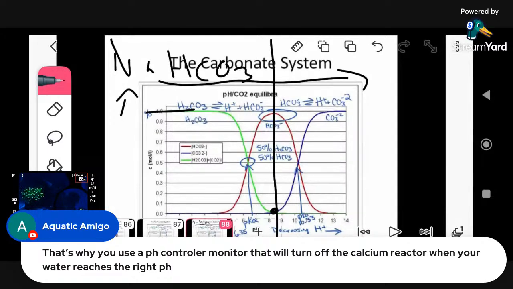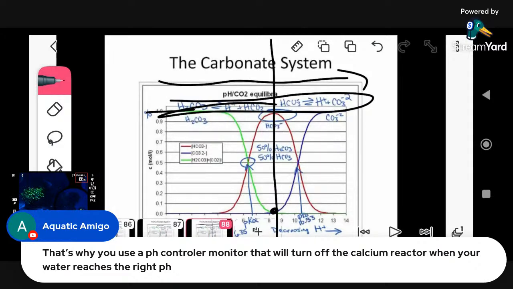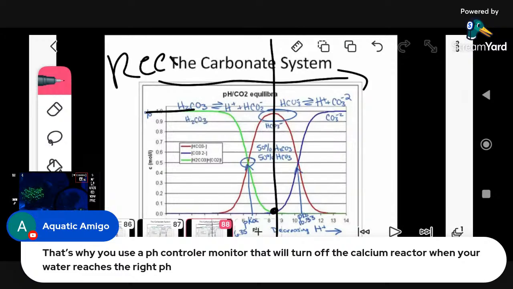But right here in this chart, there's no sodium present. I can't tell you you make baking soda because that's wrong, because in this system there's no Na in the equilibrium reaction right there. But anyways, that's a chemistry detail. Since we're talking about a reef system, you make sodium bicarbonate, you make baking soda.